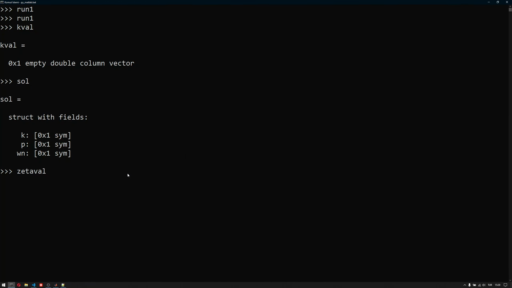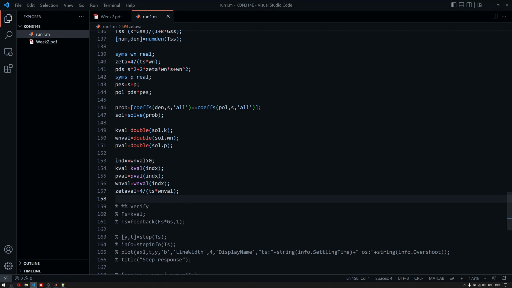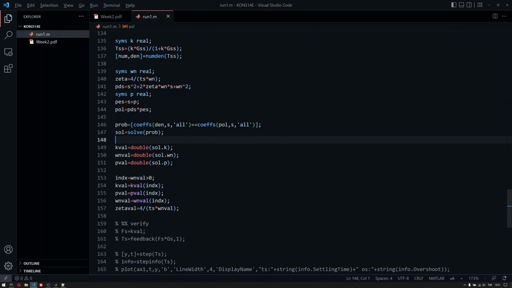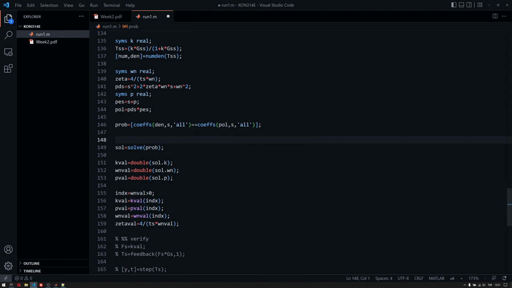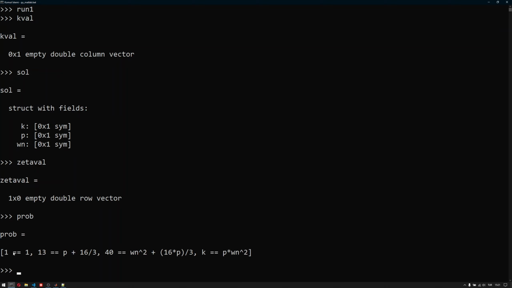So zeta val, it's just an empty double row vector, everything is empty. We couldn't solve it. So how can we identify the problem? Because we don't really have a solution here. This might happen. We don't guarantee that we have a solution. So what we can do is look at the problem itself and what we are trying to